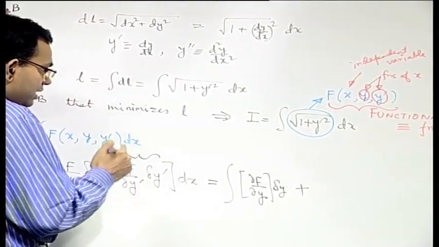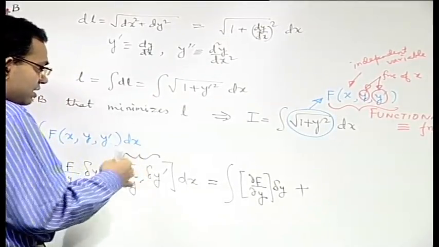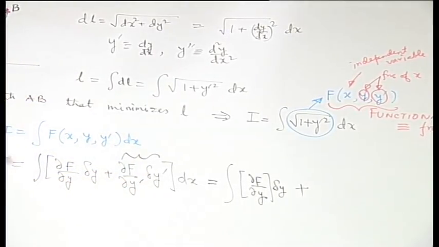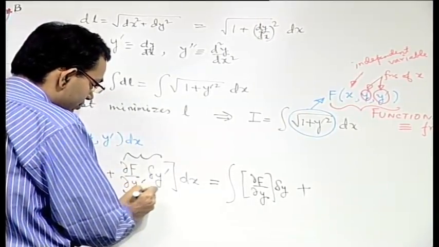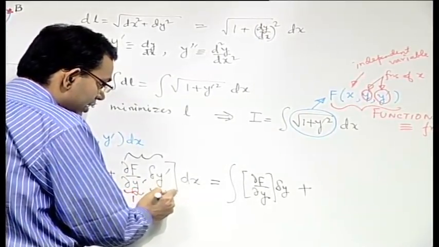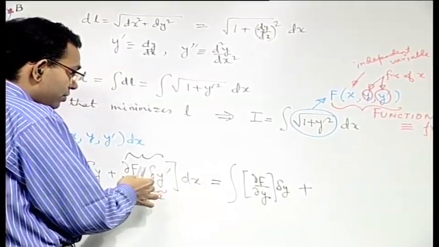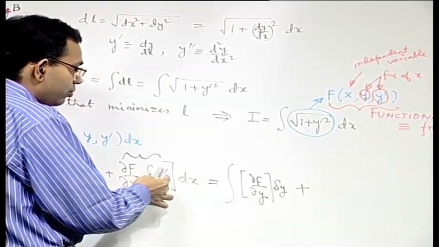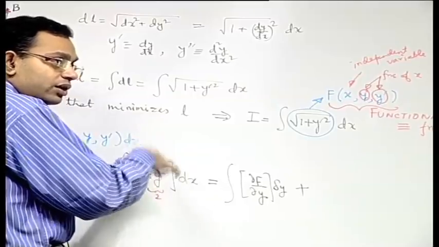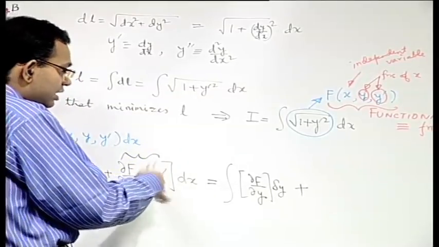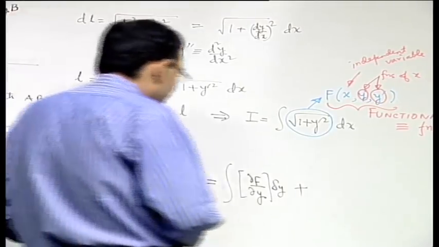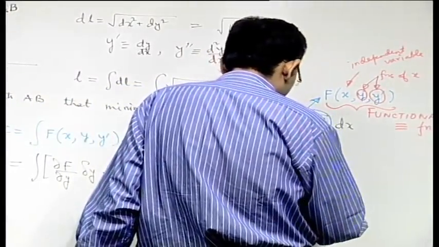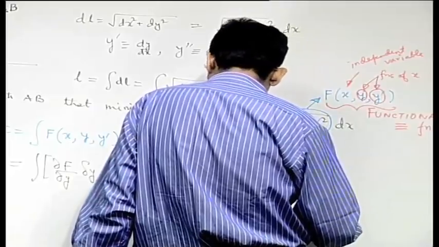So, the first function should be such that you will calculate its derivative, and the second function is the one which you will integrate. This is the first function, this is the second function, because from here we want to bring down from y prime to y. So, we want to reduce one order of derivative, and that is why this is the second function. So, let us write the first function into integral of the second,